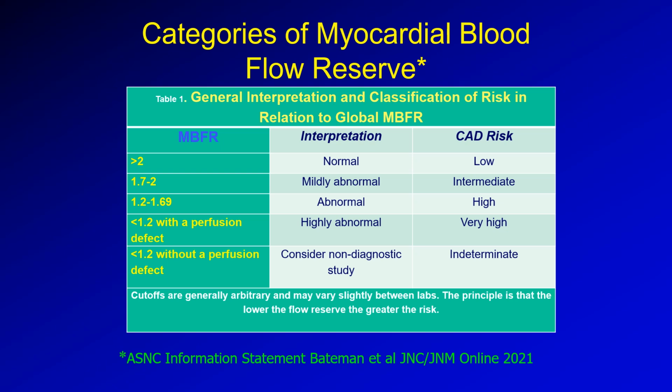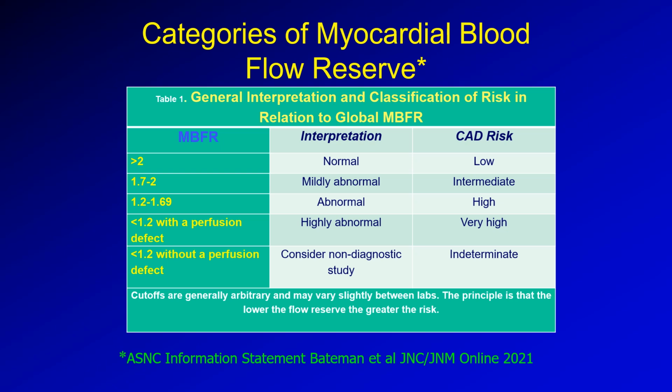It's also advisable to look at the individual arteries to see if one of them is significantly lower than the rest, and that would point to a need probably to send them to the cath lab because they probably have single vessel disease. If it's globally low, then that could be indicative of multivessel disease or global ischemia. If it's 1.2 to 1.69, same thing as I just said, but the risk is very high. So look at all those individual vessels, see if there's any single vessel that's really low, or if the patient may have multivessel disease, especially in the presence of